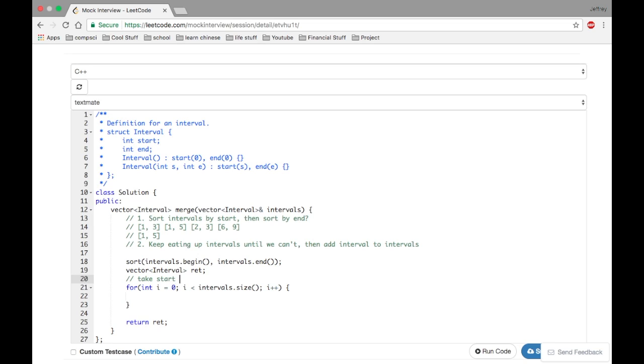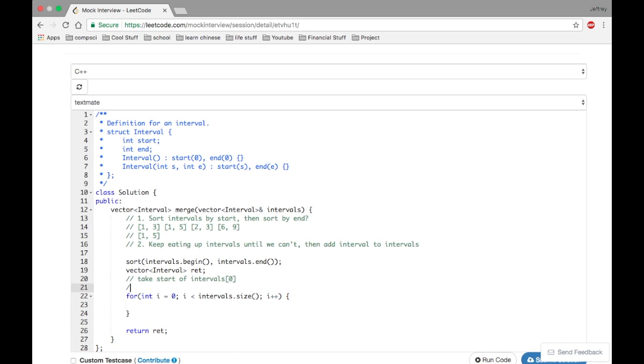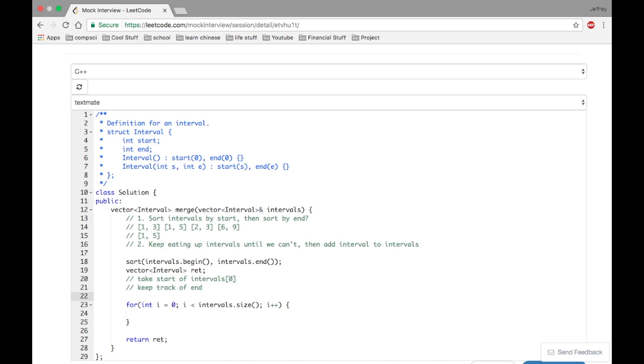Take the start of the intervals at 0. After we take the start of that, keep track of the end, and then iterate through the intervals until